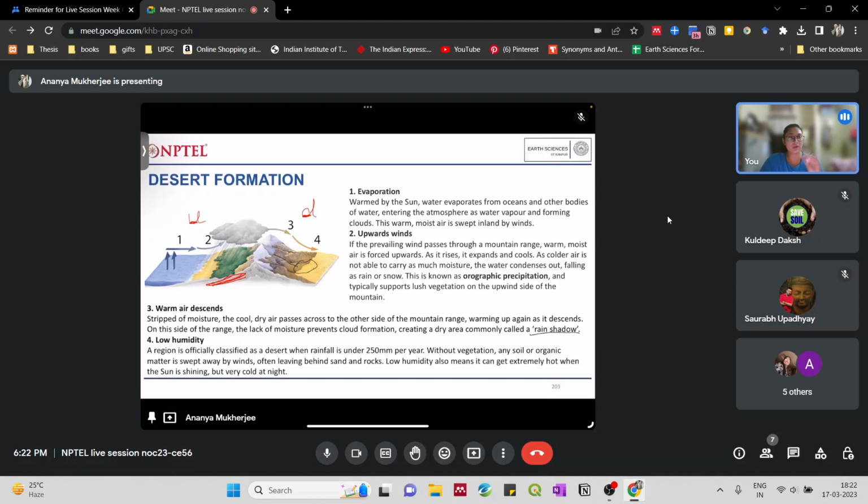So now we understood that these are the areas where wind erosion, wind transportation, and deposition by the action of winds is common. The most widespread geomorphic process in these areas is done by the wind. So we'll learn about the